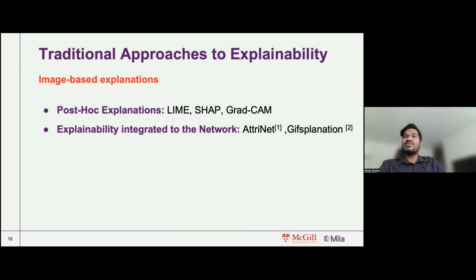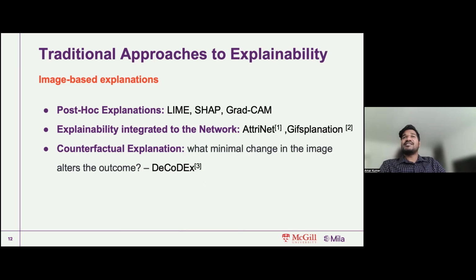There was some work that was also done in the context of AttriNet and GIFsplanation, which are latent space-based methods. If you're interested, the reference is mentioned at the bottom. But in summary, what they do is they look at the latent space, they perturb the latent space slightly, and then end up creating more images or more explanations of the same image to show that if this particular thing was not there, this would have happened. And then this latent space, when passed through the decoder, is able to create a whole image, and then essentially the explanation is looked at.